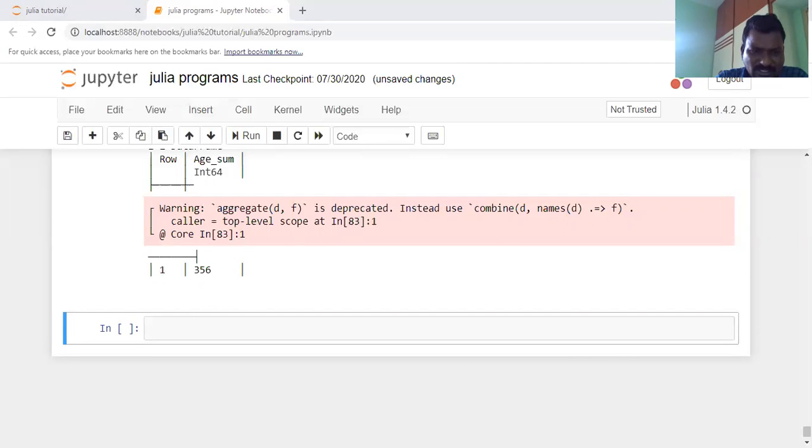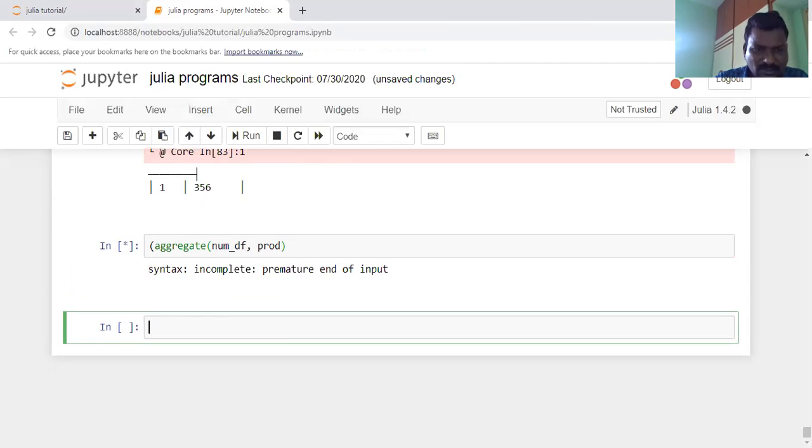For example, you may perform the product function also. Product is one of the aggregate functions. Yes, the product function will work.